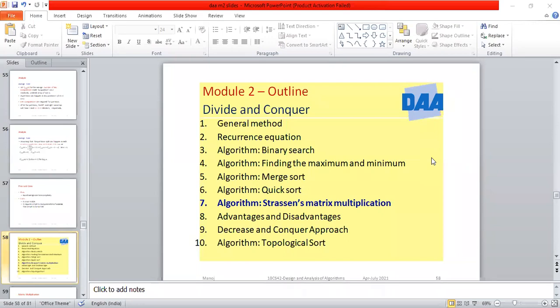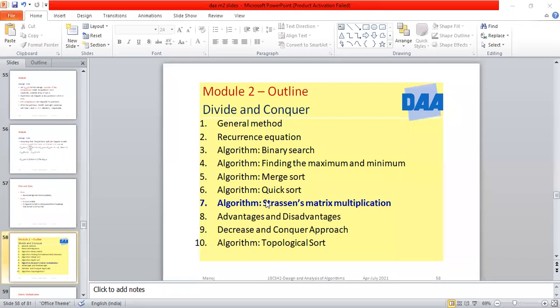This is a very, very important concept from the exam point of view. In both merge sort and quicksort, you will get one question compulsorily from this topic. Most of the time you will get divide and conquer or merge sort as a combination. If not, one complete question from quicksort. So for 2A, 3A, 3B, you will compulsorily get a quicksort question. I hope you all understood this concept.